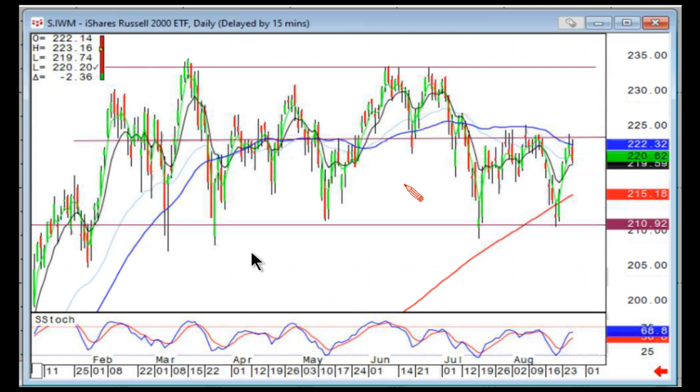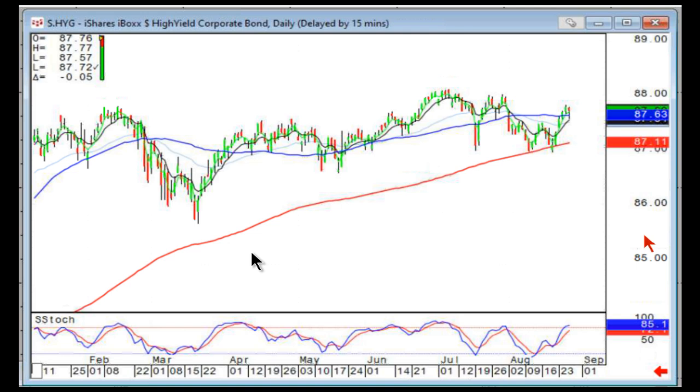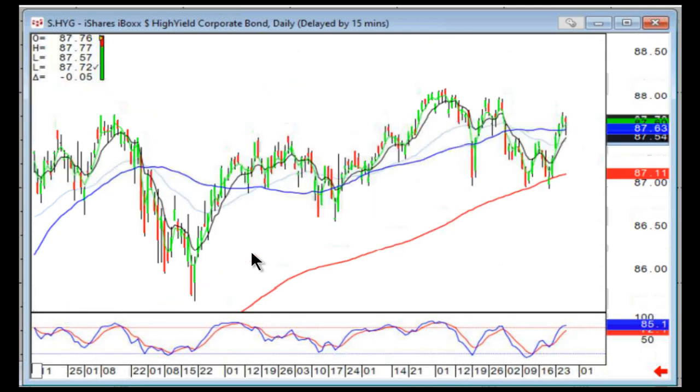All right. Now, there is one other chart that we can look at, which will tell us a bit of insight into what is really going on behind the scenes, and that chart is high yield bonds. If we can pull up HYG on the chart, potentially. Okay. Now, high yield bonds are